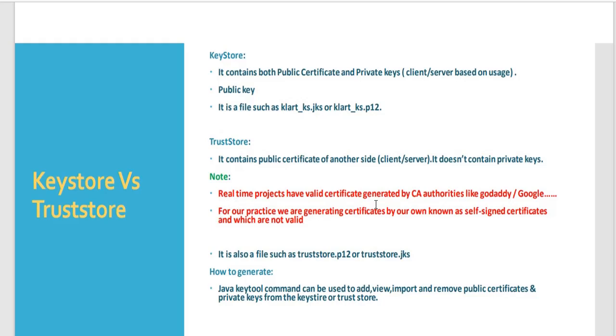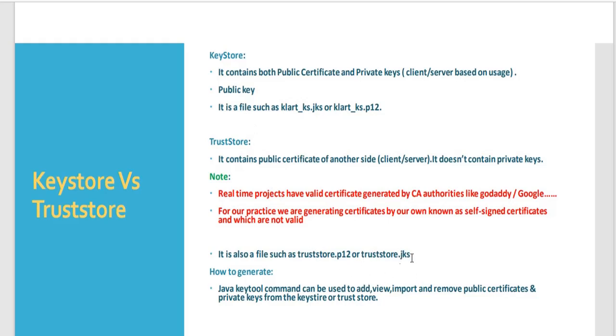Real-time projects will have valid certificates, and you can get the trust store, key store, and passwords from your client or project team. For our practice purpose, we are going to generate everything here and do the configuration. That is the main thing I would like to point out. And trust store and key store are two different files.